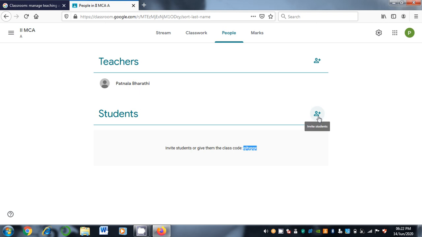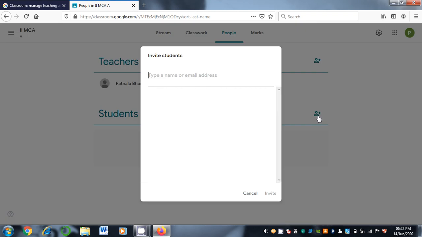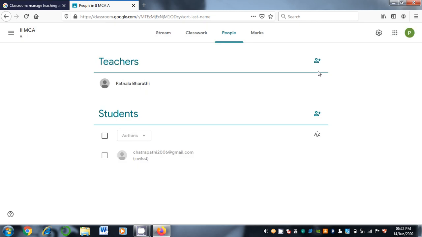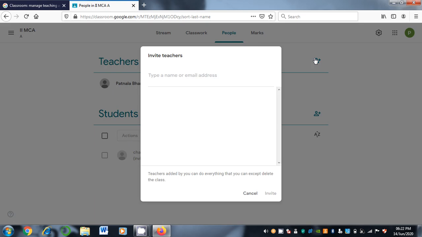Or else you can join by inviting the students, like you can type email id like this and invite the people. And you can invite not only students, you can invite other teachers also.